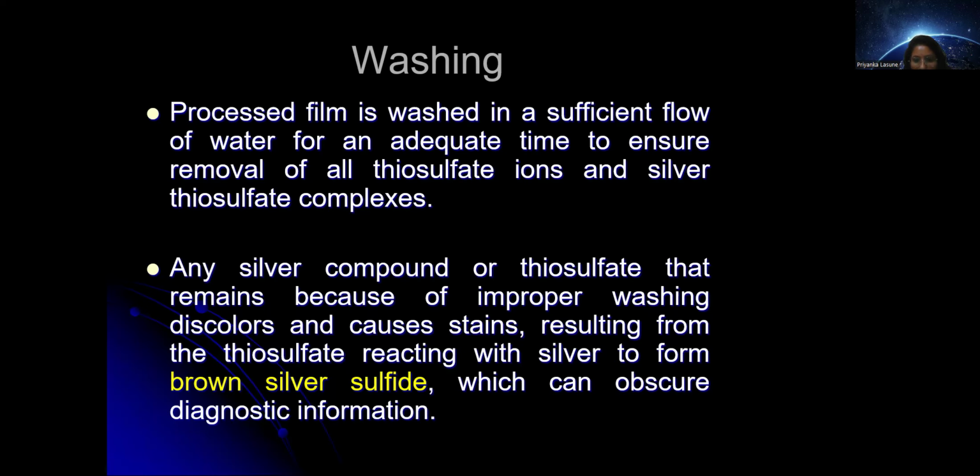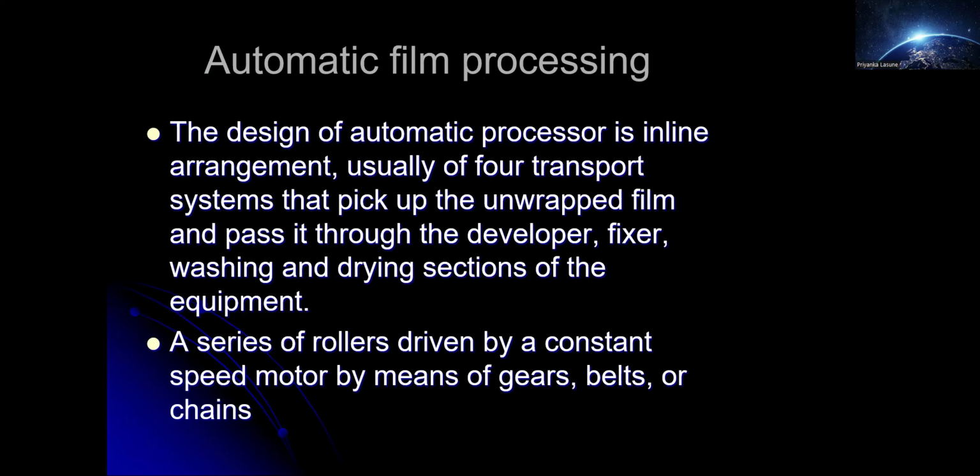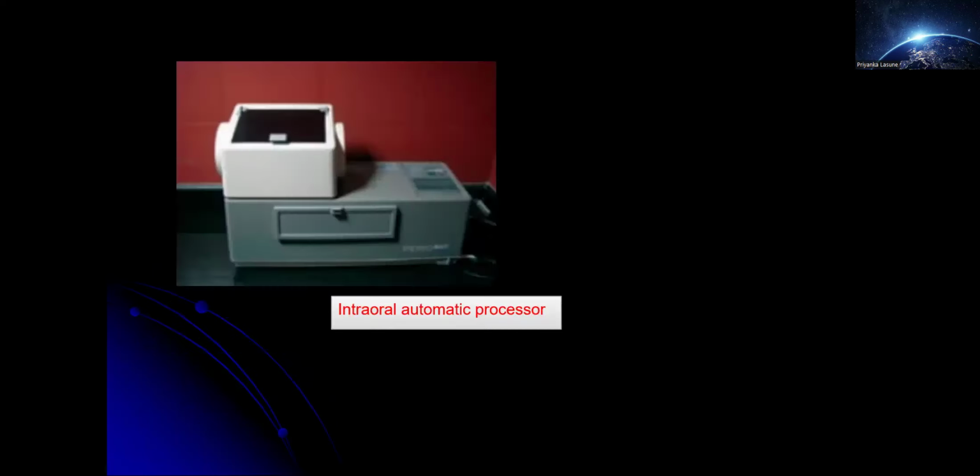the diagnosis of the films. Automatic film processing design: the automatic processor is an inline arrangement, usually of four transport systems that pick up unwrapped films and pass them through the developer, fixer, washing, and drying sections of the equipment. A series of rollers is driven by a constant speed motor by means of gears, belts, and chains. So this is the picture of an intraoral automatic processor. Mounting should be done